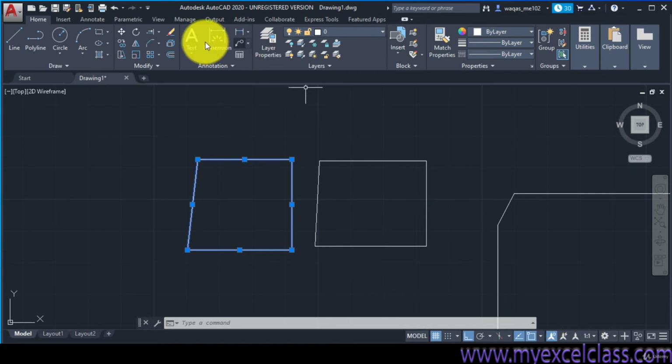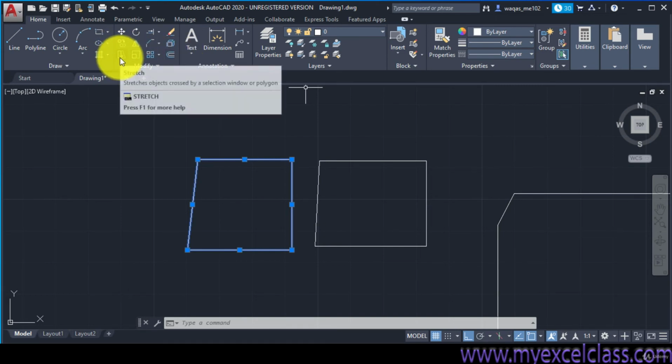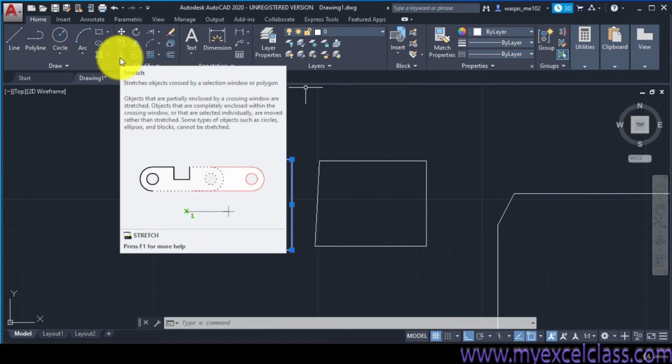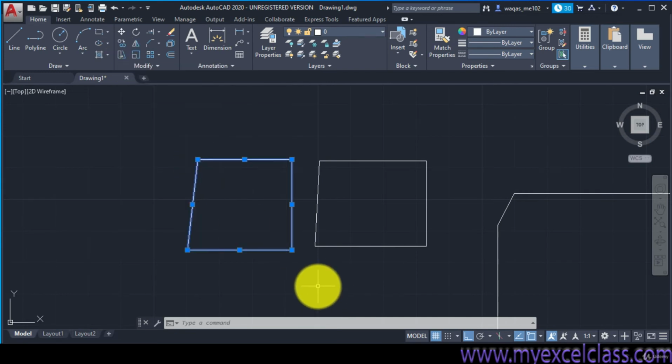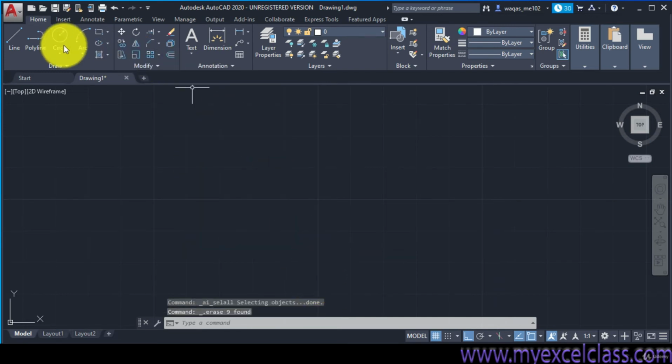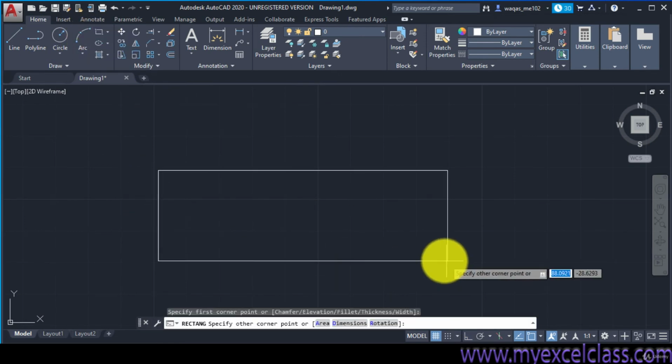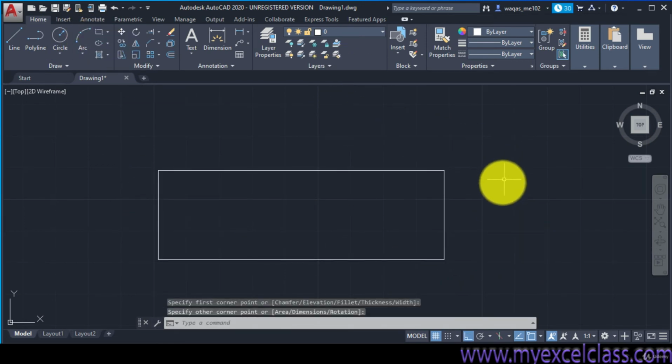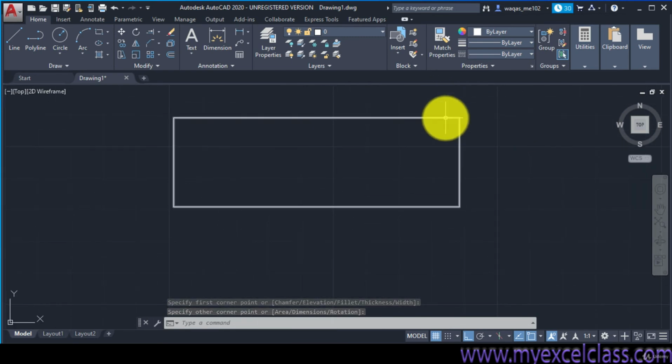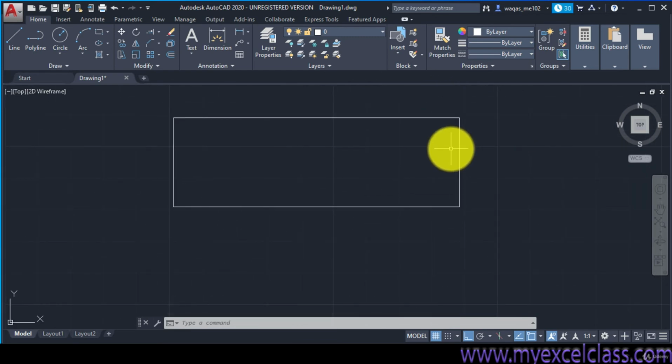Well, these have been covered, but here we have another four. First one is the stretch. What does stretch mean? Let me explain. Again, draw the rectangle, and suppose you want to stretch it, meaning you want to extend this object from certain points.